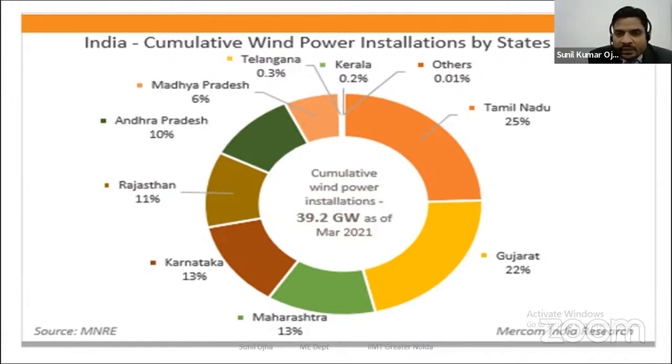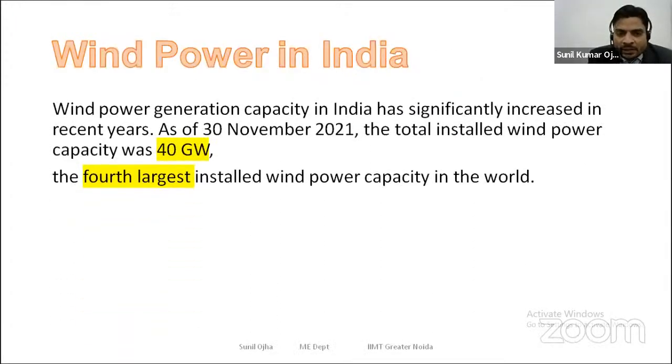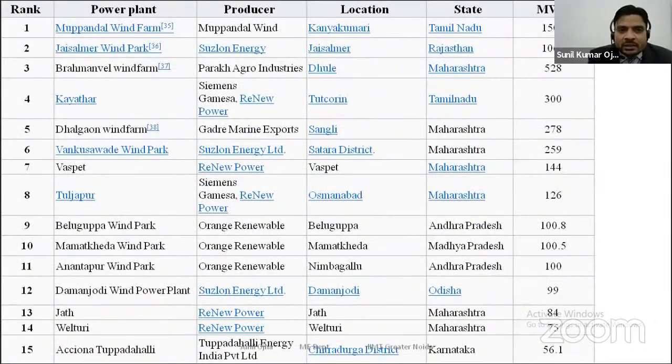Tamil Nadu is the major state, producing 25% of total wind power, and Gujarat 22%, and the rest are shown in this diagram. Currently we are generating 40 gigawatt of power from wind, and India is the fourth largest country in terms of wind. These are the states where we produce wind power. These are the sites and plants, and on the right side